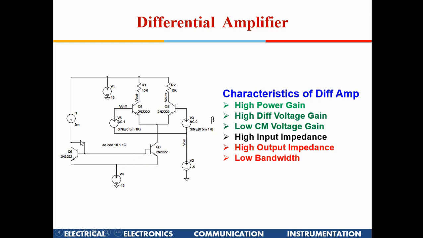So whatever current flows here has to flow here also, because they have exactly the same characteristics and the same base-emitter voltages. So whatever 2 milliampere current we supply here is going to flow in these two transistors, and if we apply the same voltage here, it is going to get divided equally, 1 milliampere and 1 milliampere. Because this I reference is independent of temperature and VDD, you are going to have stable bias operating points. So these are two common emitter amplifiers connected like this. We'll see what the advantage of connecting them like this is.